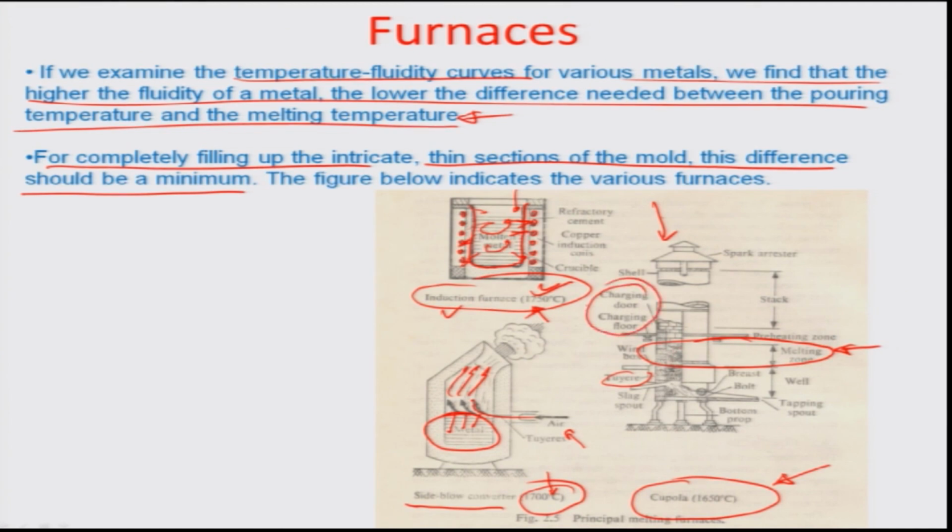So, you have a charging door through which the main charge flows into the cupola furnace, and there is a slagging spout here which can help you to clean the metal slag. So, that is how furnaces are designed,